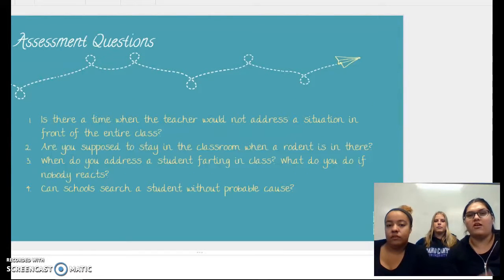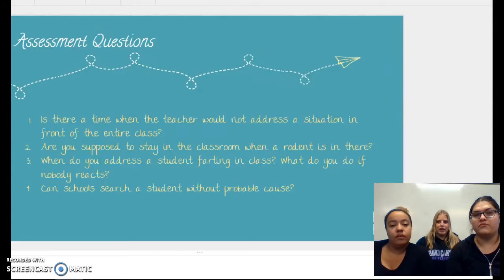Okay, so here are our assessment questions. Number 1, is there a time when the teacher would not address a situation in front of the entire class? And are you supposed to stay in the class when a rodent is in there? Question 3 is, when do you address a student farting in class, and what do you do if nobody reacts? Okay, and our last question is, can schools search a student without proper